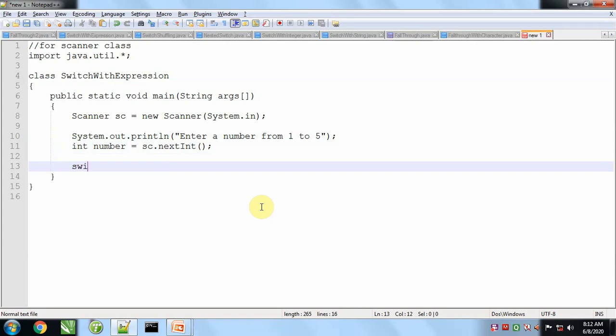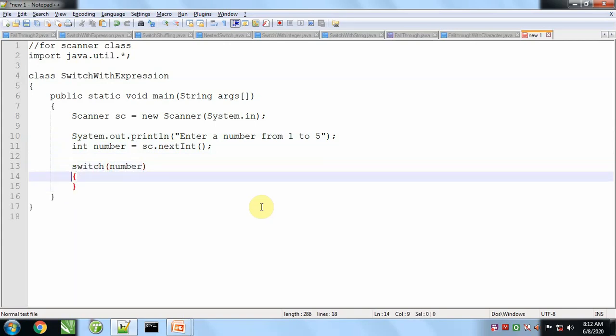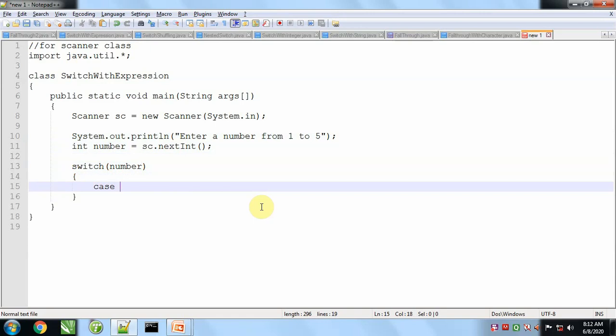Now we will apply switch on this number, and in all these cases we will pass expression instead of constant value.